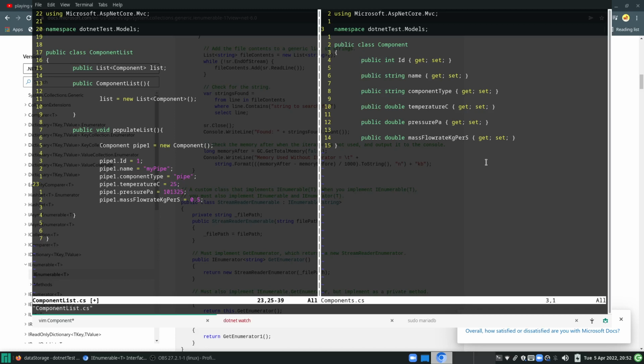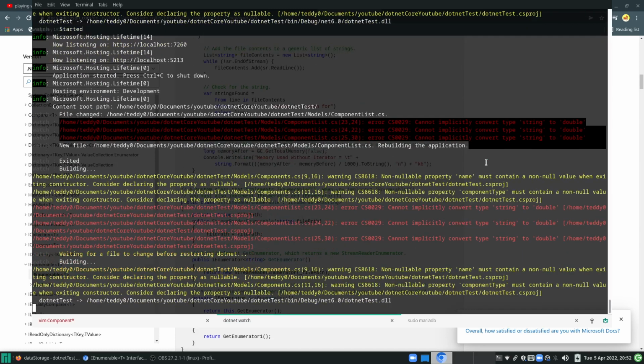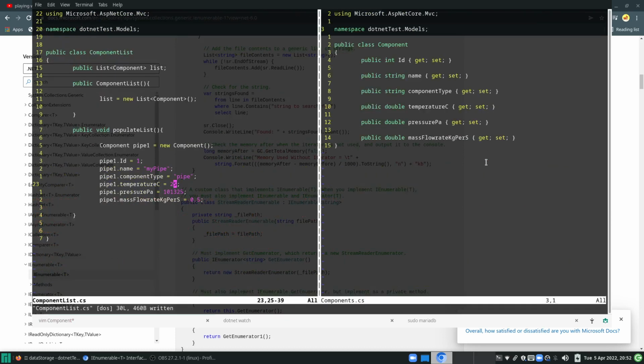Alright, there you go. Okay, so now we have a pipe. Maybe I will have a pump and a heat exchanger as well. So I want to have